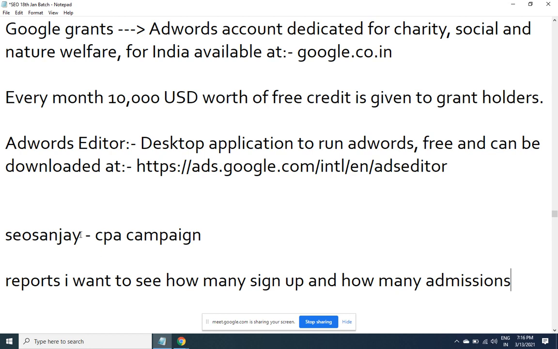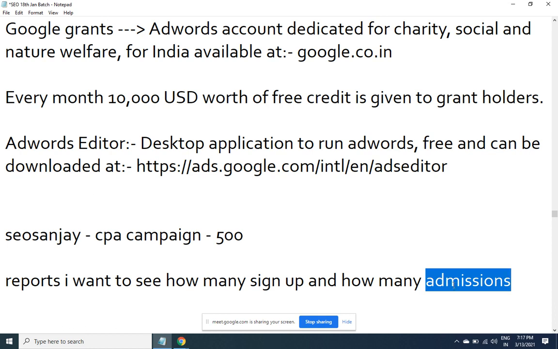But while I am running an ad for SEOsanjay.com, I want to pay according to CPA. I'll be choosing the search network of Google, and we have the CPC, then we have pay per impression. Like that I want to pay per acquisition. So if I want to pay per acquisition, he will ask me how much do you want to pay. I say that I want to pay 500 rupees per acquisition. Now Google is confused. This guy has defined two acquisitions. One is a sign up. I've created one conversion for sign up. I've also created one conversion for admission. So which CPA am I referring to?